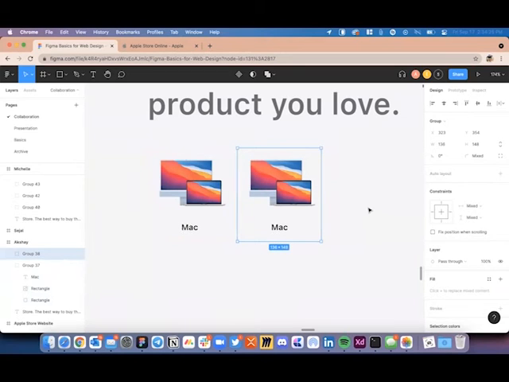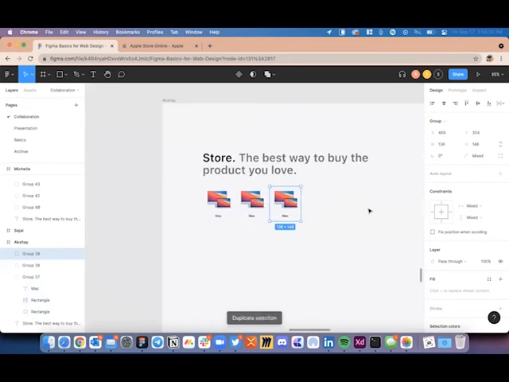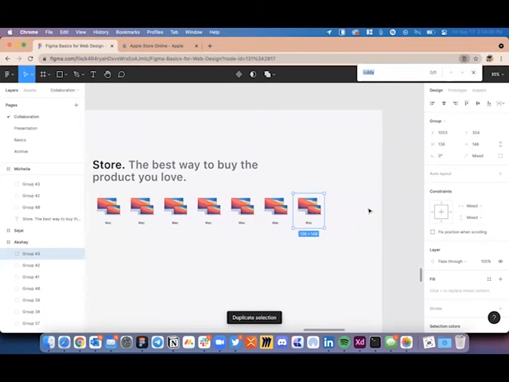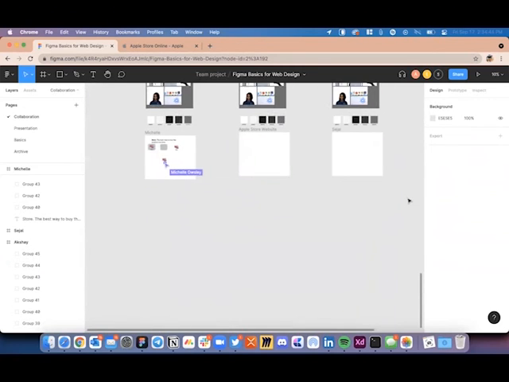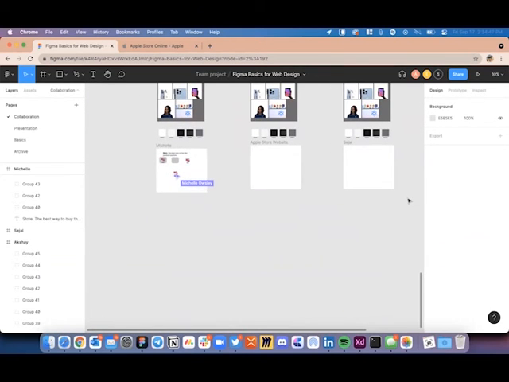Once I'm there, I release all my fingers from the keys and the trackpad. I just need to press Command D or Control D, and then it will keep repeating that pattern like this. Let me know if you were able to do it or need my help.